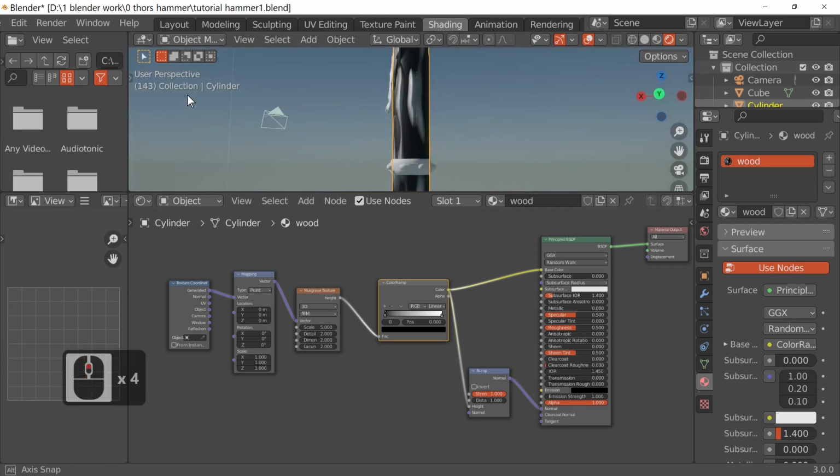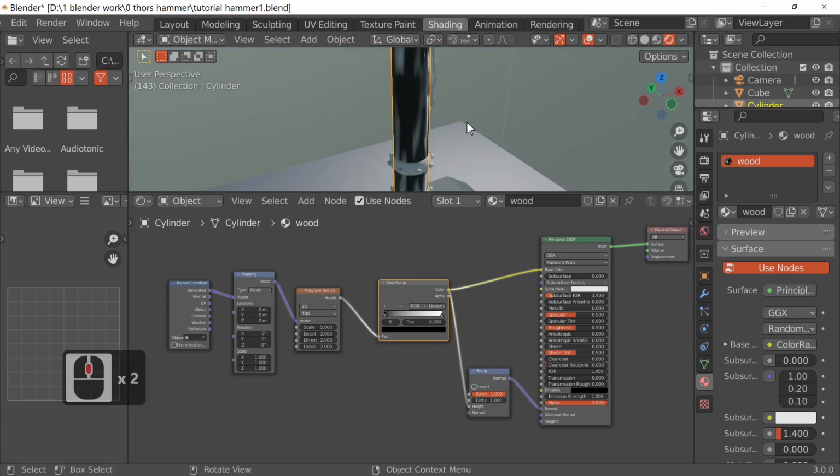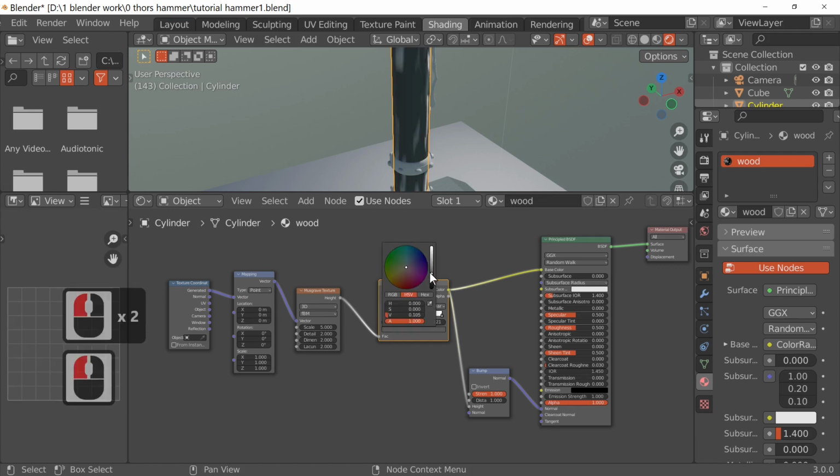As you can see, that's already making a two-tone color, and all we're going to do is add some more bits and bobs. So let's just move that up slightly. I'm just going to change this to a brown color, so I'll turn it brighter, and it's going to be quite a lightish brown.